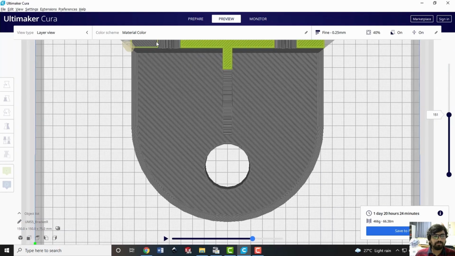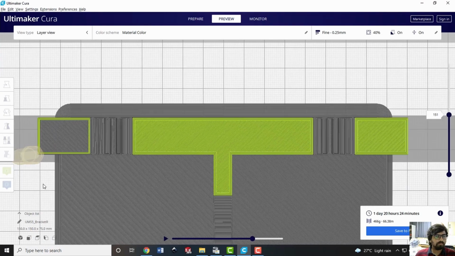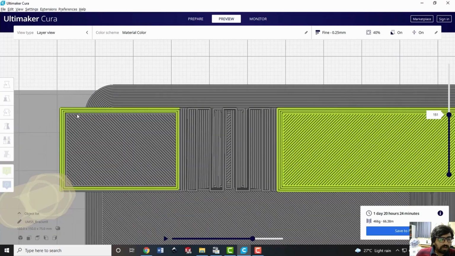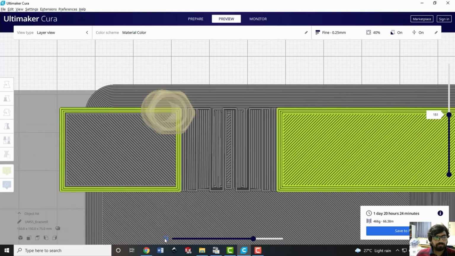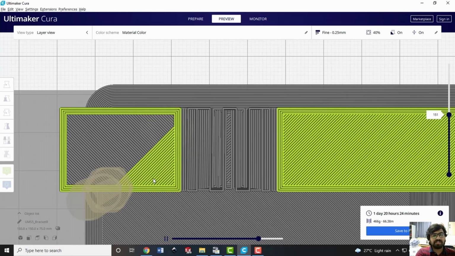I'll just show you that. So you can count 1, 2 and 3. It is currently depositing the third one. So after the third deposition, out from the outer boundary, of course there will be the deposition corresponding to the outer boundary. Only 3 passes are there, 1, 2 and 3. And then it is depositing the inside area filling by utilizing the zigzag strategy.